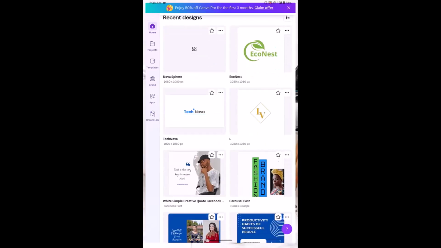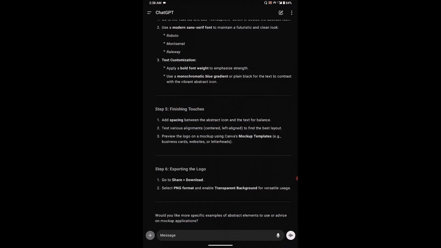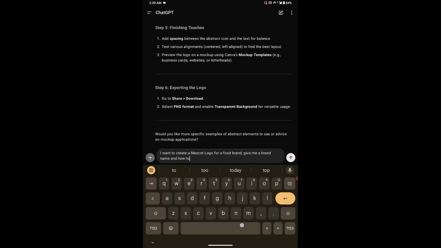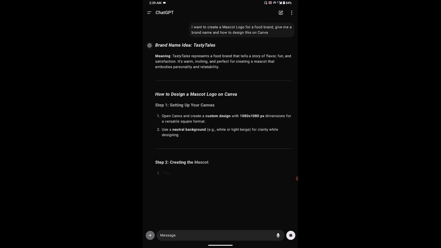So I'm going to come to my Canva to just get a prompt for the idea of the logo. So I would say, I want to create a mascot logo for a food brand. Give me a brand name and how to design this on Canva. So yes, we are good to go this way. So I'm going to have this prompted. So let's see the name it gave to us, and we have this, Tasty Tales, then the mascot logo on